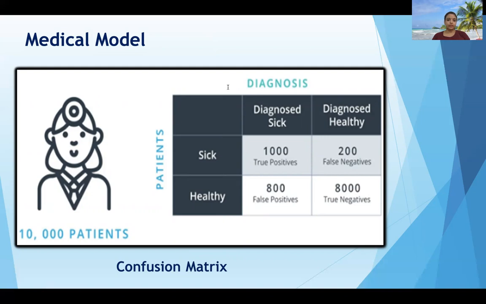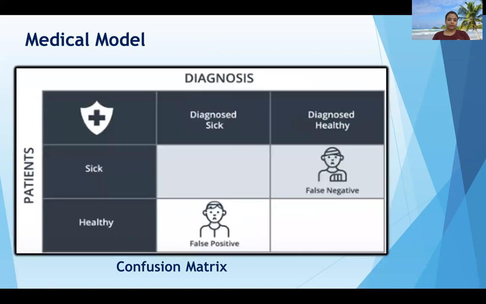is. So this is a medical model where we have created the confusion matrix with the 4 parameters: true positive, true negative, false negative, and false positive. So now let's forget about the correct ones, and we'll think about only the incorrect ones. Okay, we'll just focus on these two incorrect ones. So what do you think? Which one is worse? Is a false positive worse or a false negative worse?